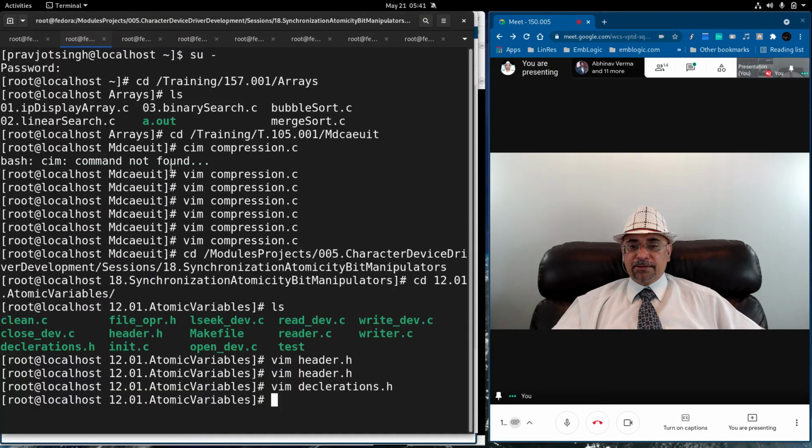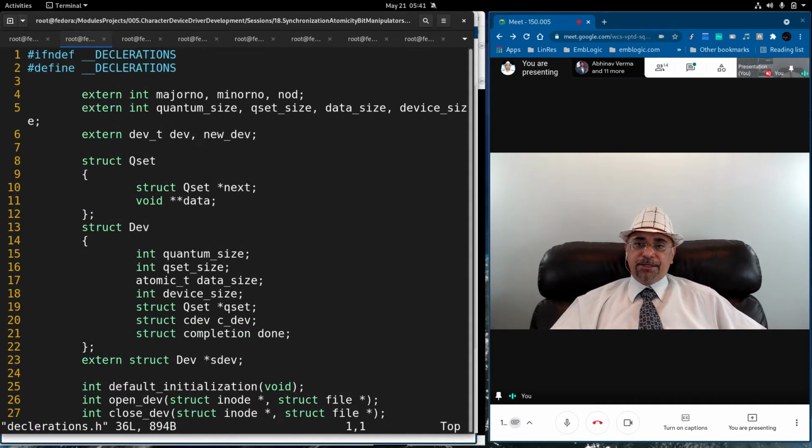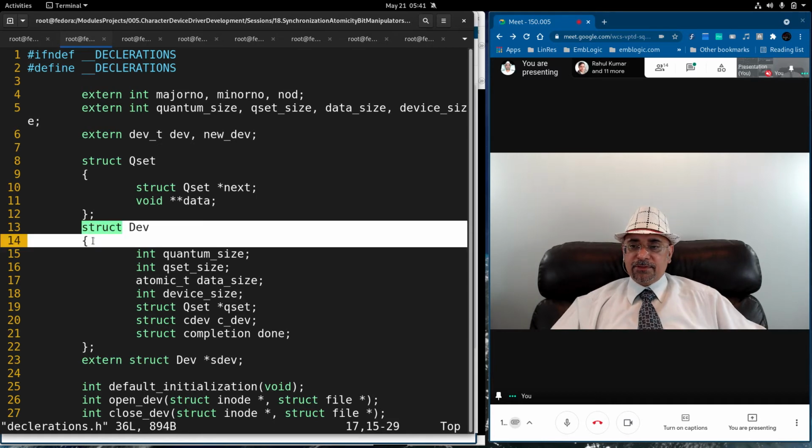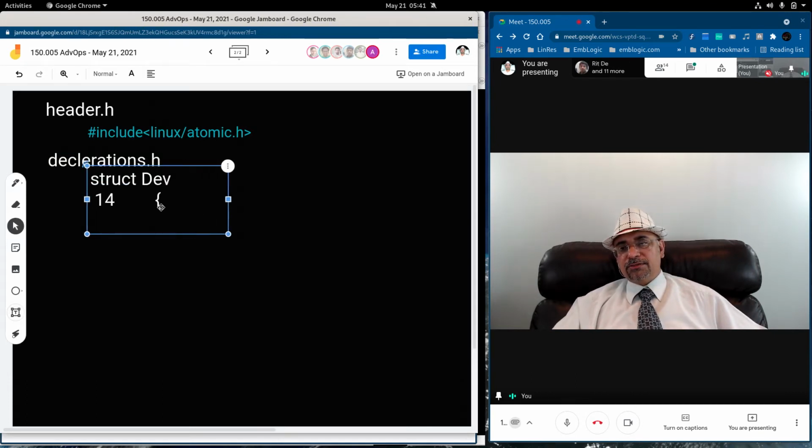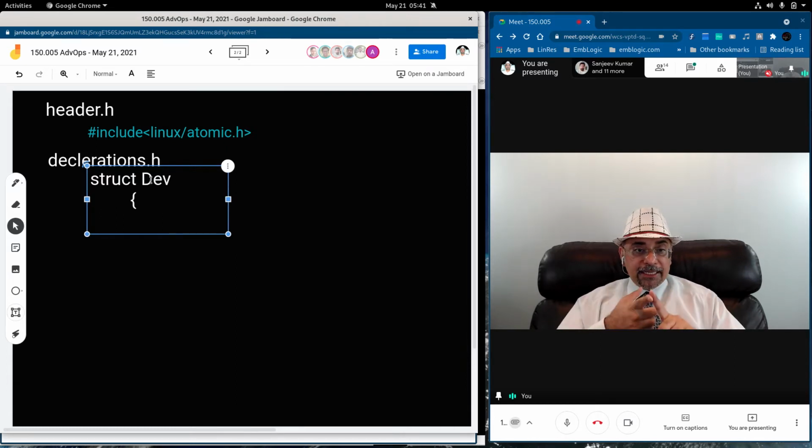Look at the way we have declared it. Inside struct dev, I have made the data size an atomic variable. Only one element, the data size inside struct dev, we have made atomic, and not everything. Because data size is one variable that will be manipulated and changed by read, write, trim, everybody, isn't it?